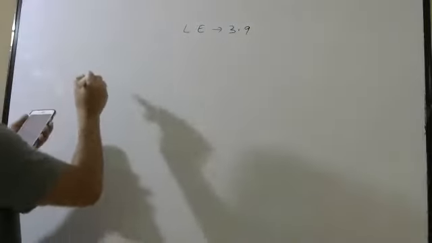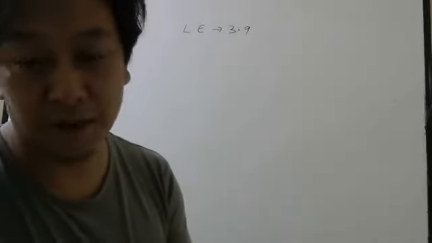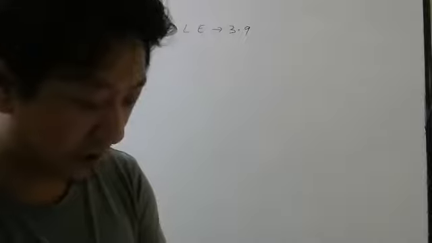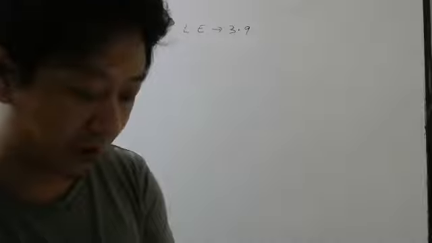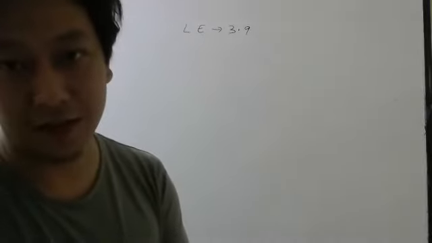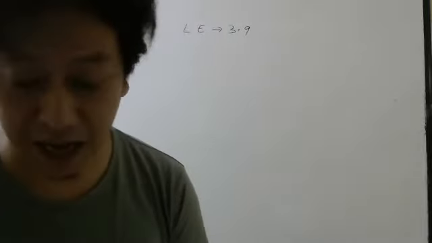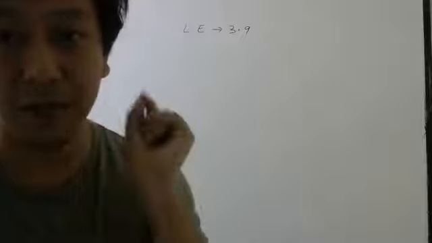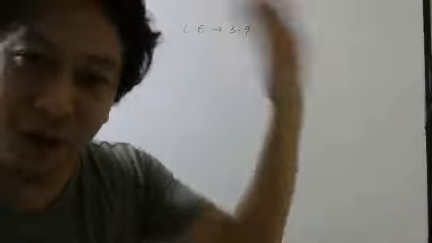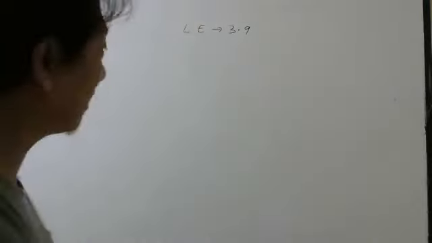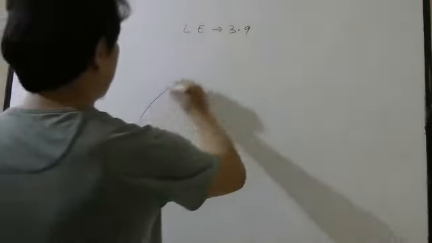Question number 1. A particle is moving in a curved path. What is the difference in the direction of average velocity and instantaneous velocity? Instantaneous velocity means velocity at a given time. At a given time, whatever velocity you want to know, that is instantaneous velocity. This we have already discussed by discussing 1D motion, right? So when the body is moving in a curved path, if this is your path,